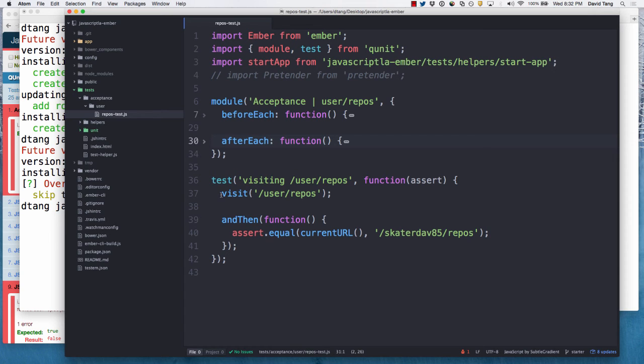So you got some nice functions like visit. So I want to visit this URL, and once everything has resolved, like Ember internally knows when certain things have happened and when they've resolved. So I can write assertions. So I can say, what's the current URL? In this case, I might do something like I want to visit skaterdave85/repos and just assert that the URL is that. It's maybe not the most valuable, but you could also do something like